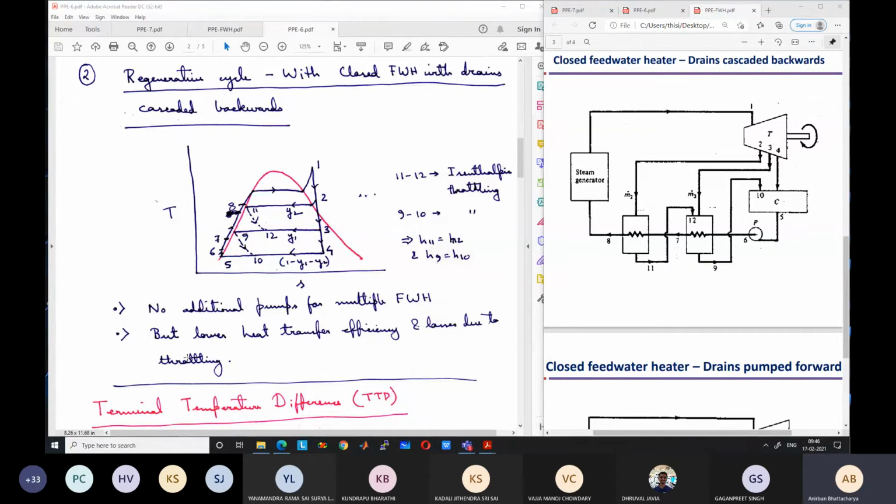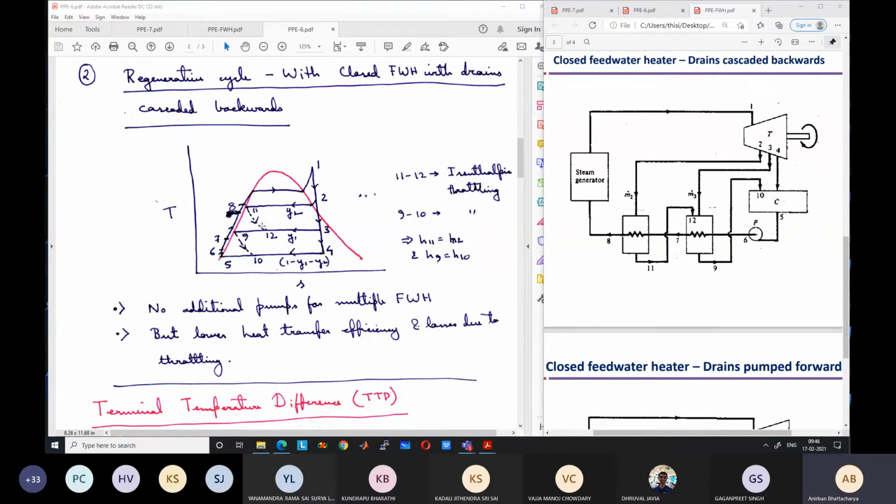Compare the two cases: one is 11 to 12 and another is 9 to 10. What is the contribution of this steam at state 12? The fluid has excess energy as compared to state 9. The fluid is at H12, which is higher energy as compared to 9 because it has a certain amount of vapor, so it has more latent energy. So where does that latent energy go for the state 12 fluid? Is it used up in any way or is it just wasted?